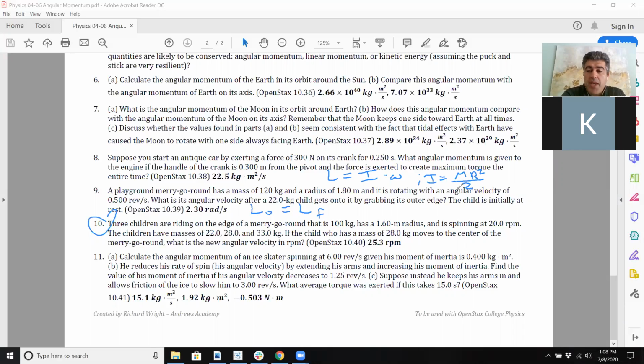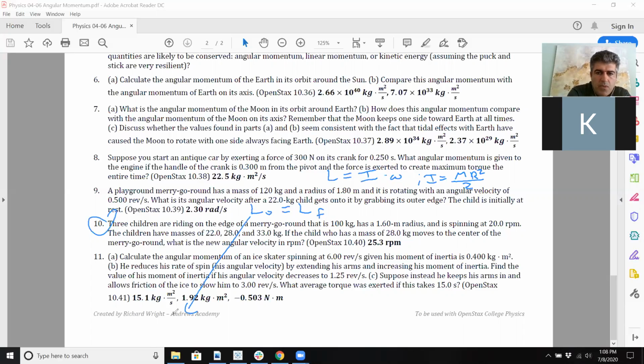But the mass will change because one of the kids moved to the center. So that's not really impacting the rotation anymore. Well, it is impacting rotation, but it's kind of changing the mass of what we're seeing here. So what you could do is you could say